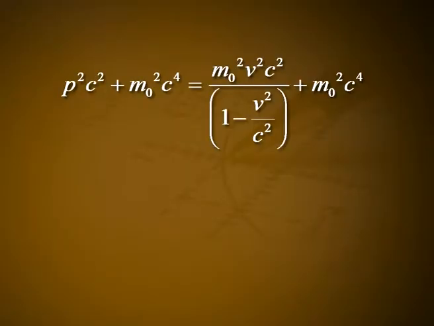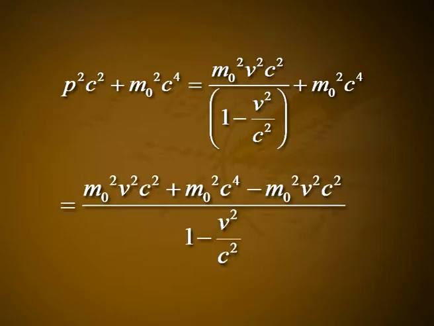p²c² + m₀²c⁴ = m₀²v²c²/(1 − v²/c²) + m₀²c⁴ − m₀²v²c²/(1 − v²/c²), which is equal to m₀²c⁴/(1 − v²/c²), which is equal